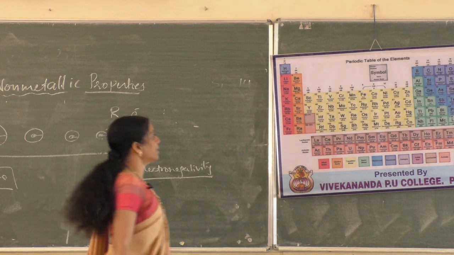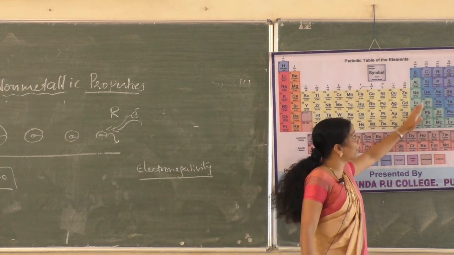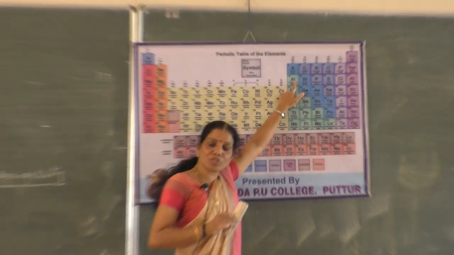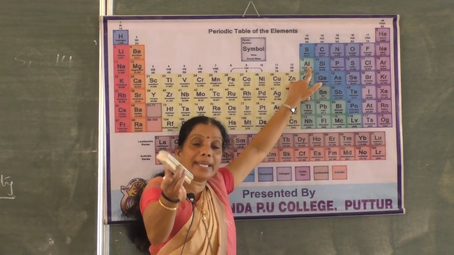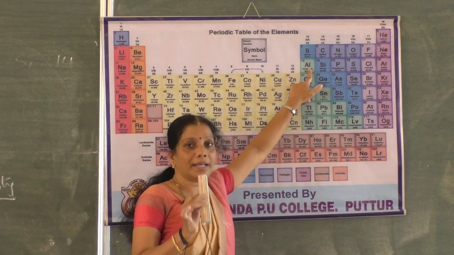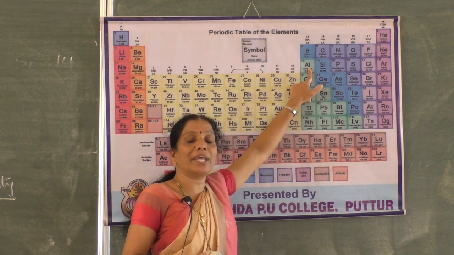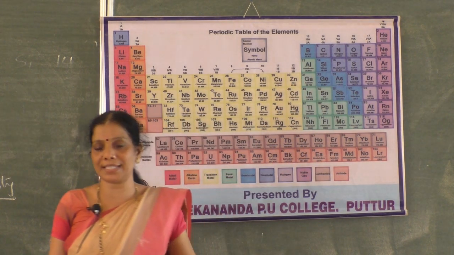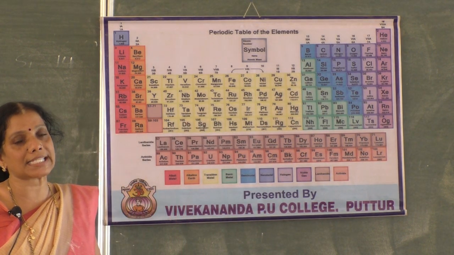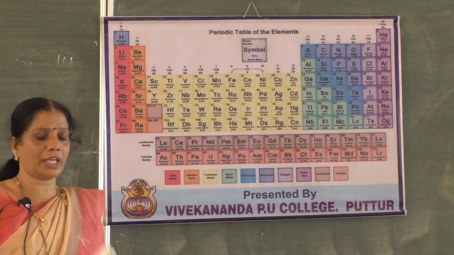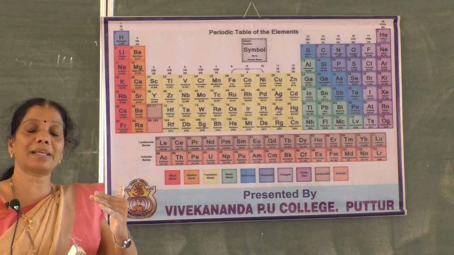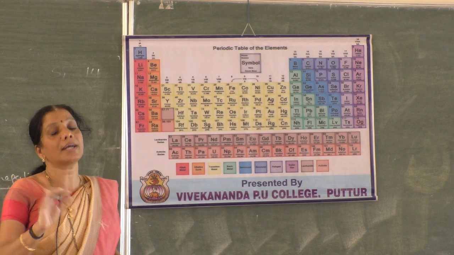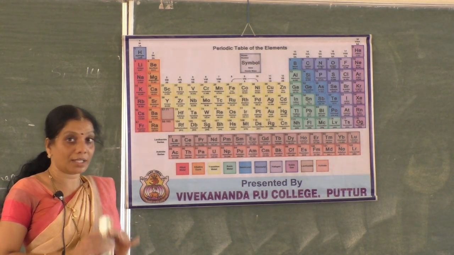Any metal in the periodic table, the metals are always electropositive in nature. And when we move towards the right side of the periodic table, atomic size, what happens? Decreases. Nuclear force of attraction will be high. Tendency to gain the electron will be high. That tendency is called what? Electronegativity. Understood? Electronegative property. Any non-metal you consider, non-metals are always electronegative in nature, with the highest tendency to gain the electrons. Therefore, non-metals are electronegative in nature.